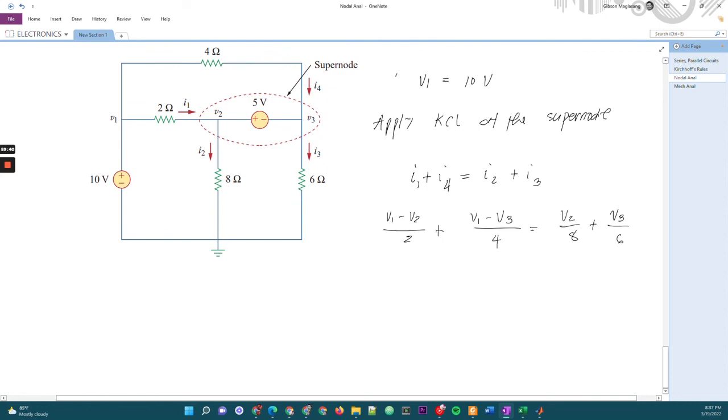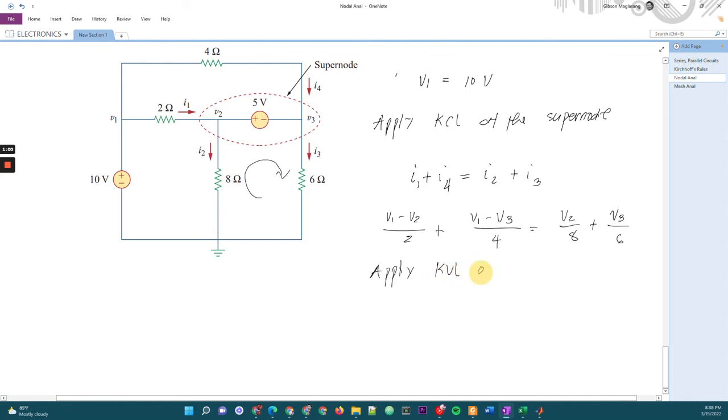So the next thing is we can apply KVL around the supernode. We need an additional equation, another set of equation. We have actually two unknowns here, V2 and V3. V1 is known, which is 10 volt. So the next equation we will use is KVL. Apply KVL